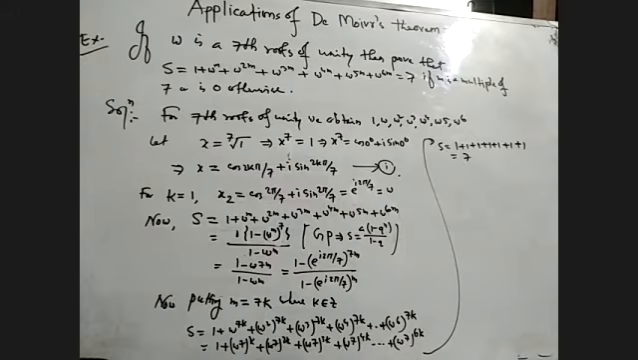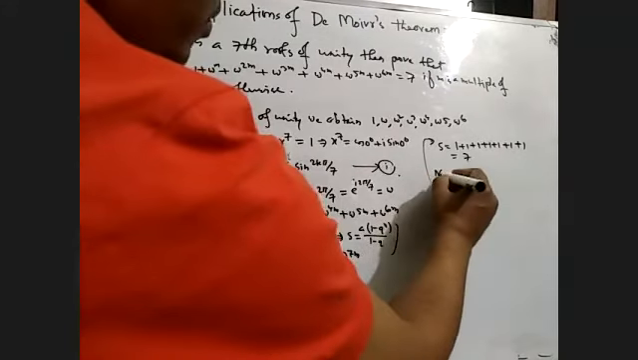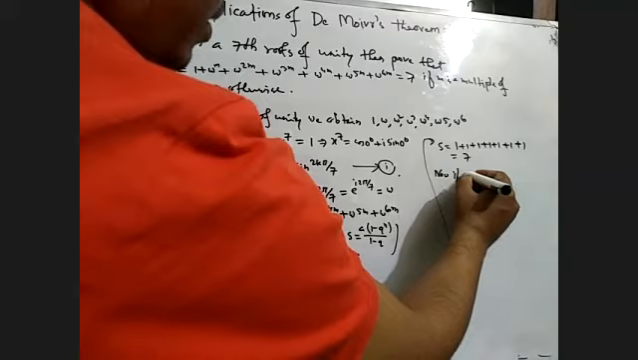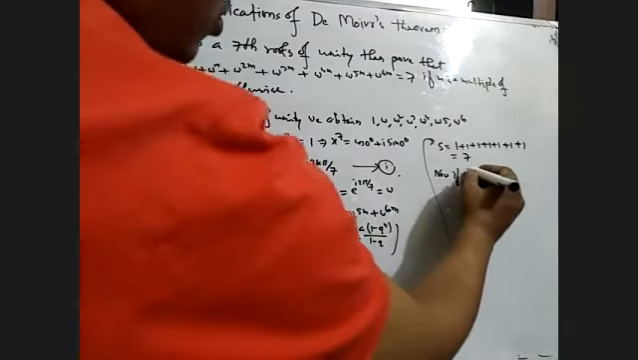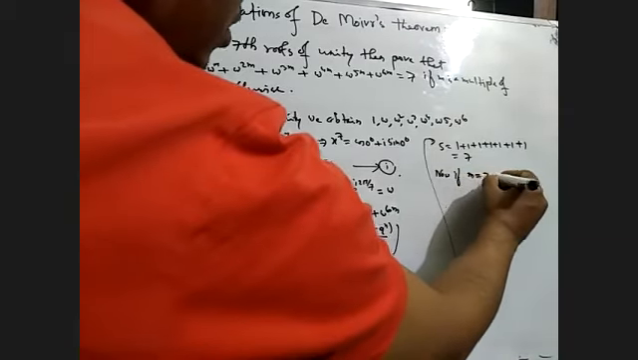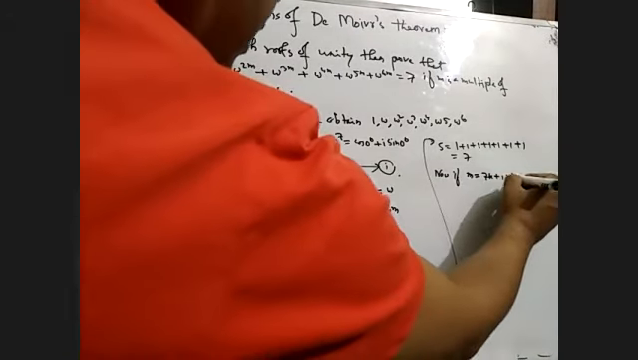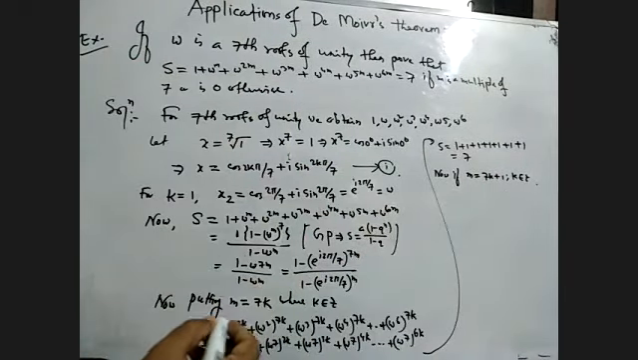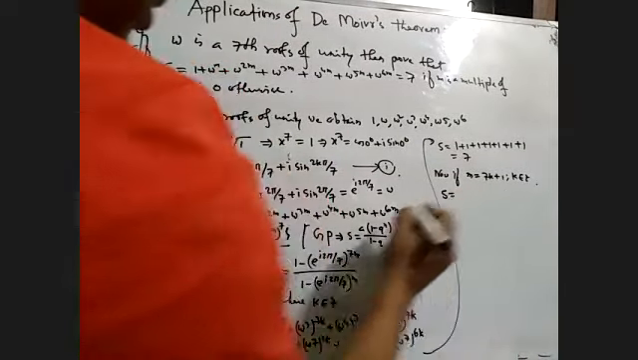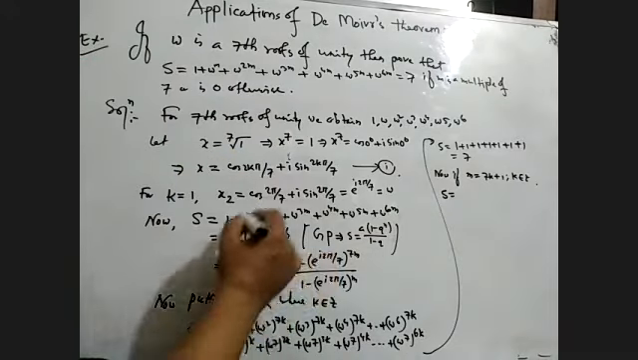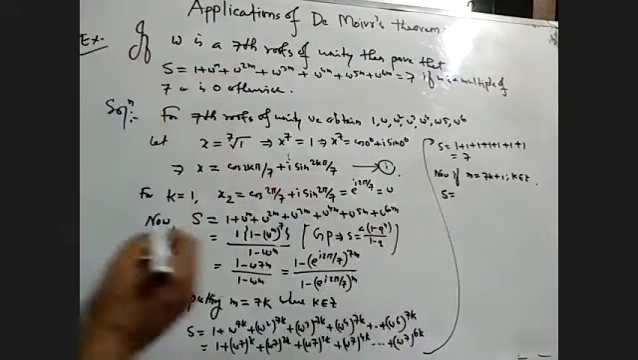Now again, if m equals 7k plus 1, that means odd, where k is an integer, k belongs to Z. In that case, what will the sum be? This sum will be 1 plus